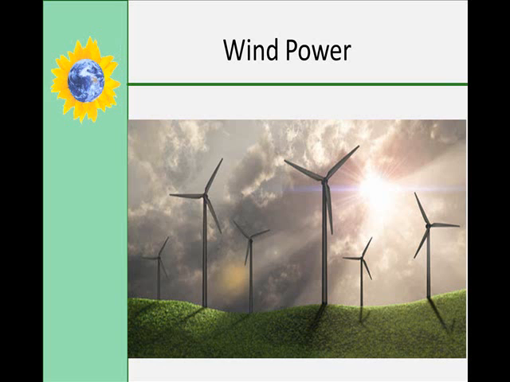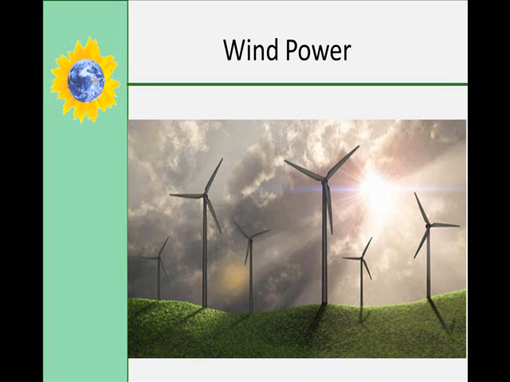This wind flow can be harvested by modern wind turbines and can be used to generate electricity. About 1 to 2% of the energy coming from the sun is converted to wind energy, which is enough to meet the electricity needs of the world 3 times over, and is a source of power that will never run out.